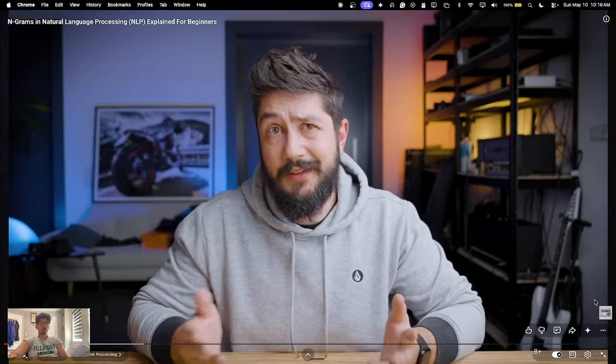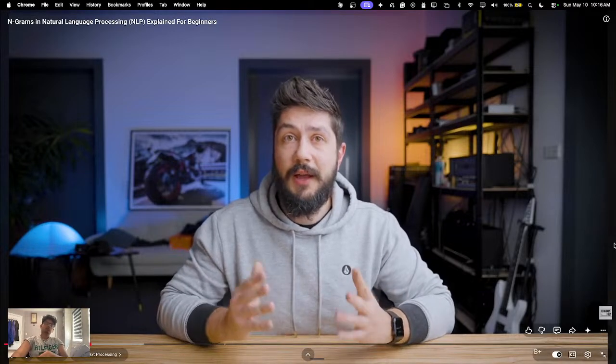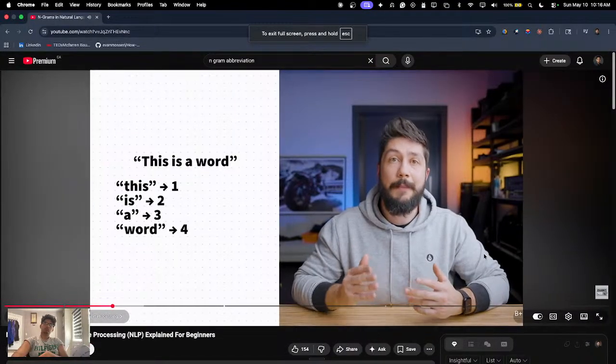How does basic text processing even work? Since machine learning models can't do anything with words, they need numbers. So the first step is we need to translate the words into numbers. This is usually done using a bag of words approach, where the corpus is separated into words, and every word that is in this corpus gets assigned an index. So a word like this might have the index 1,